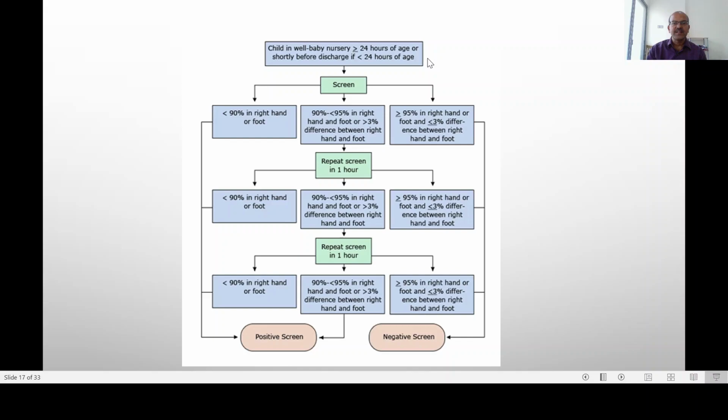So moving on to what would you do if there is a failed test? I mean, obviously you have to evaluate clinically. If it's a respiratory condition causing the saturation to be low, you manage appropriately. If there is a murmur or you don't find any other reason, call the cardiologist to do a scan before the baby can be discharged or managed as necessary.